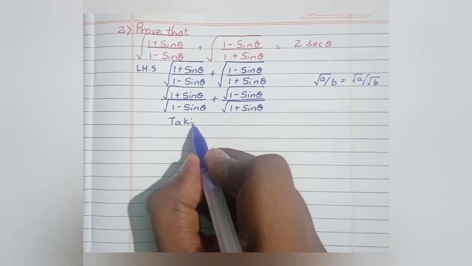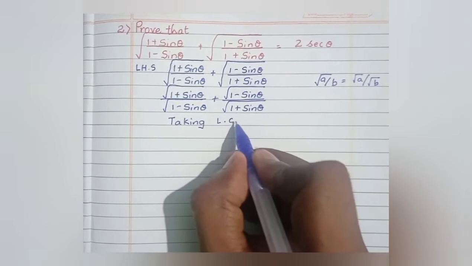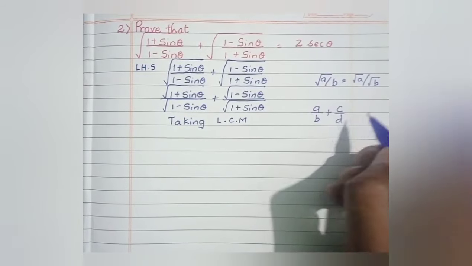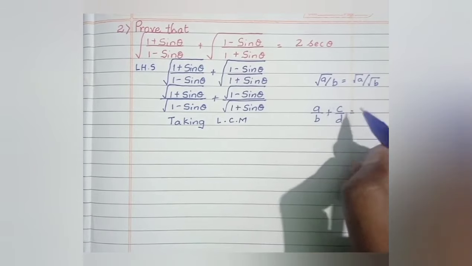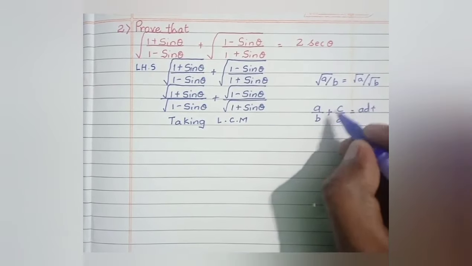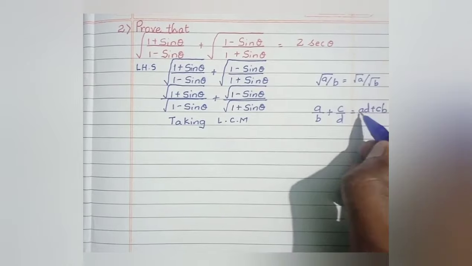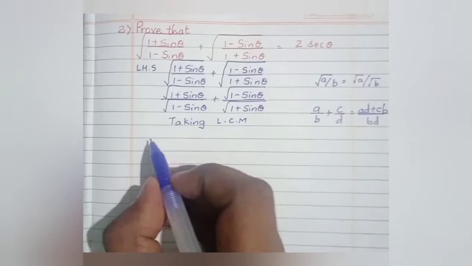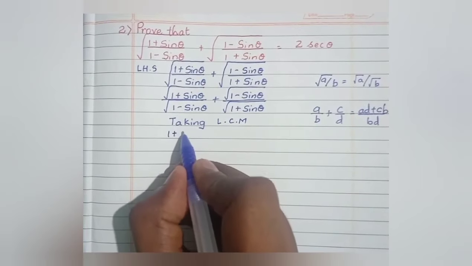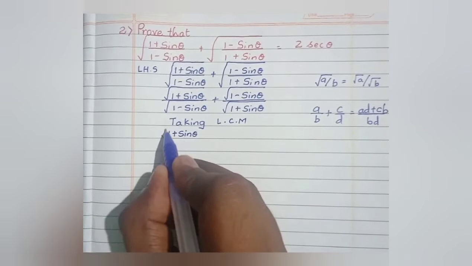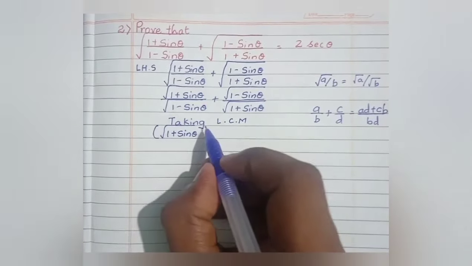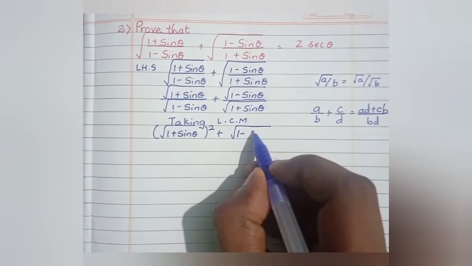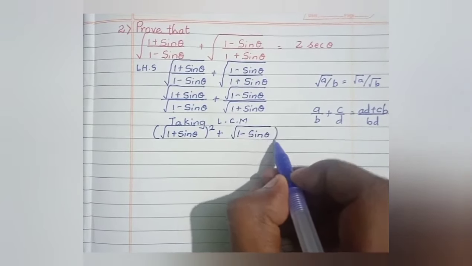Now taking LCM, so A divided by B plus C divided by D can be written as A into D plus C into B whole divided by B into D. So in the same way I'll write root of 1 plus sin theta into root of 1 plus sin theta, which is equal to root of 1 plus sin theta whole square plus root of 1 minus sin theta whole square